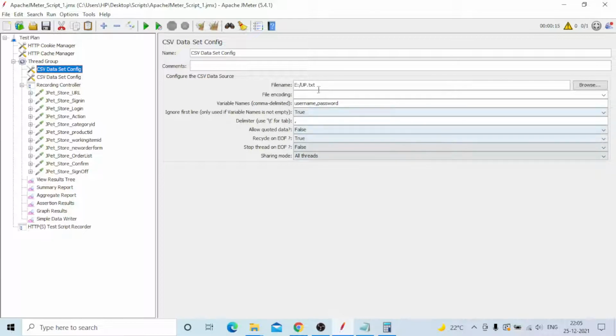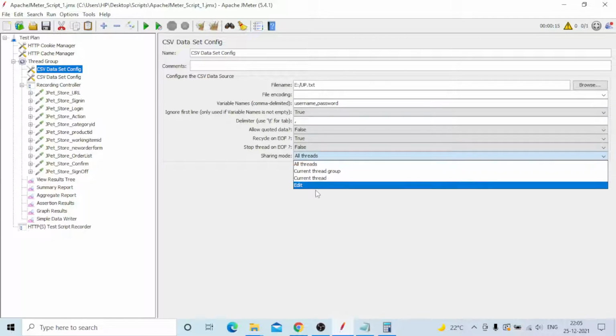The test data you provided, this same test data will be used in all threads anywhere it is required. You parameterize it in dollar and open and close flower brackets, and for all those parameters this test data will be used in all threads.